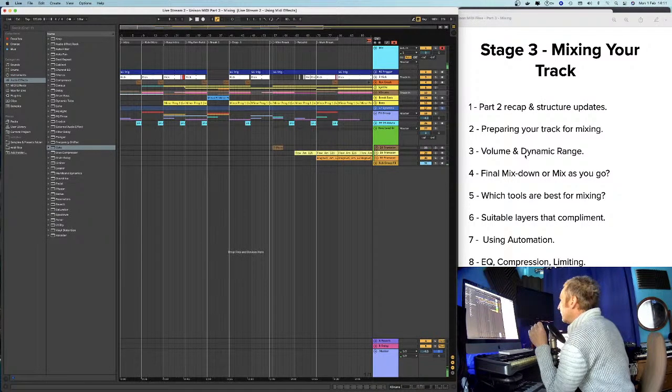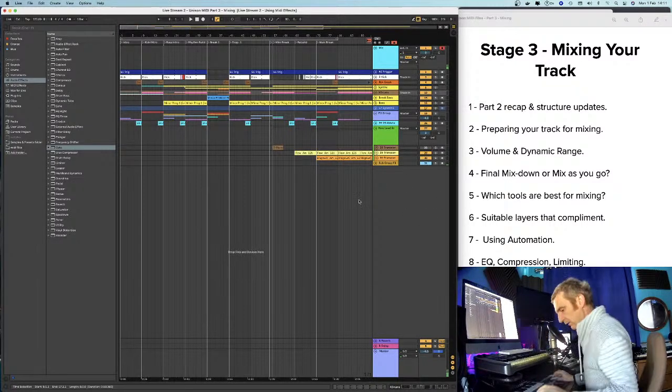But the main thing is that some sounds need to be held back in the mix, and that's why when I start a track I always mix as I go. And if we just come into the mixing now,